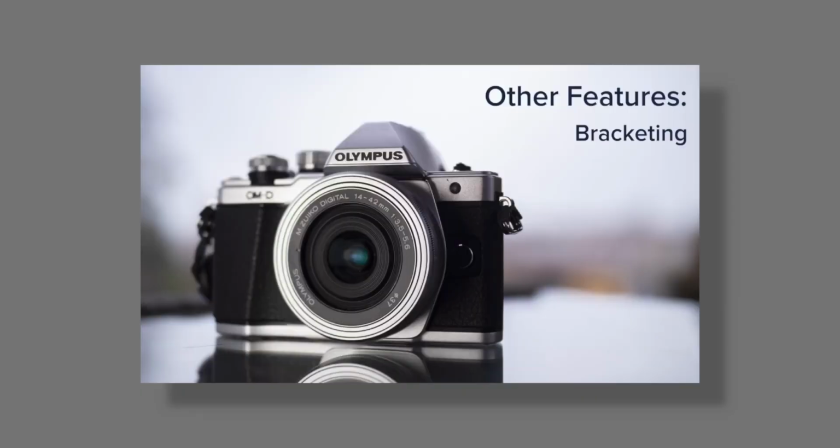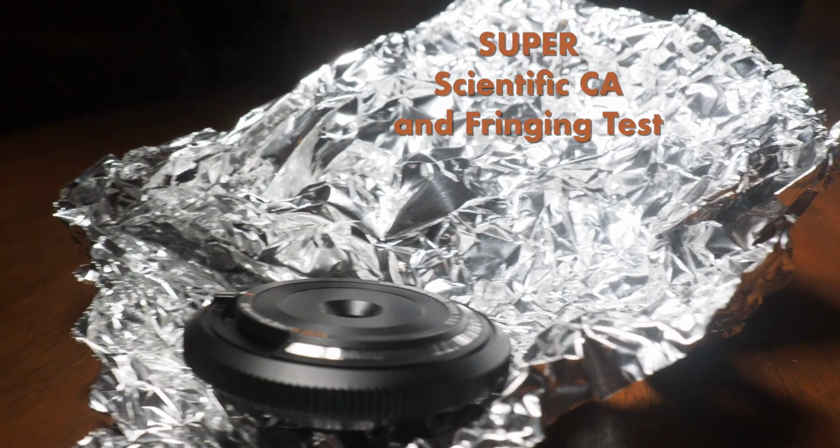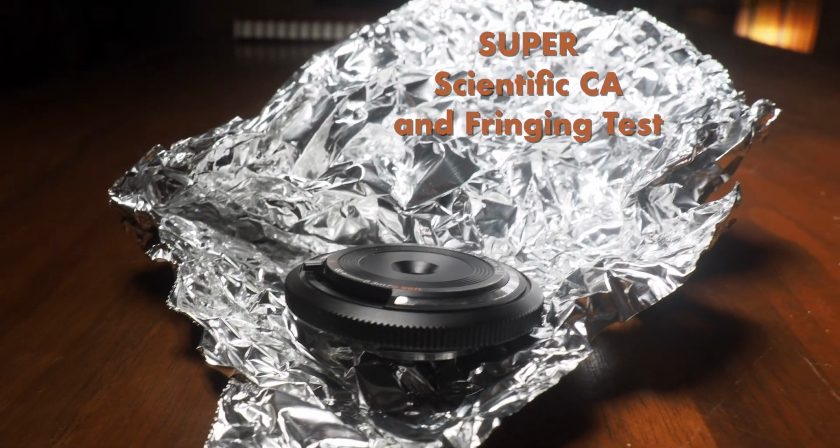It's the same sensor as the EM5 Mark II and the GH3. It has IBIS, which works in video. Yes, Olympus started the IBIS in camera trend. The EM10 is a smaller and lighter body with amazing features. I highly recommend checking out Peter Forsgard's video about the EM10 Mark II for some of the quality you can get out of it. There is some chromatic aberrations and purple fringing, but again, it's a very cheap lens, and